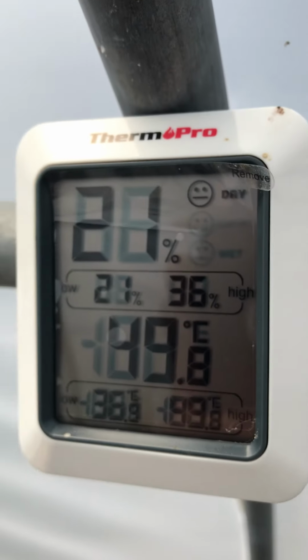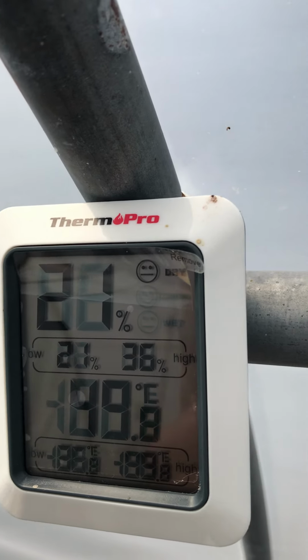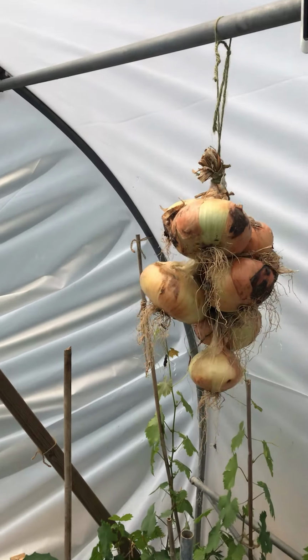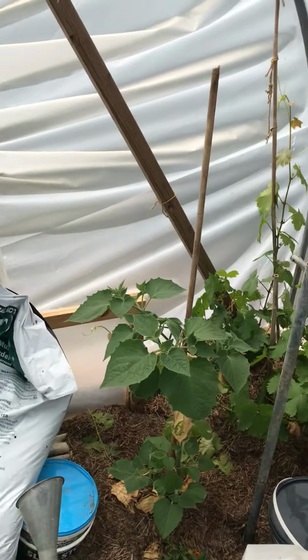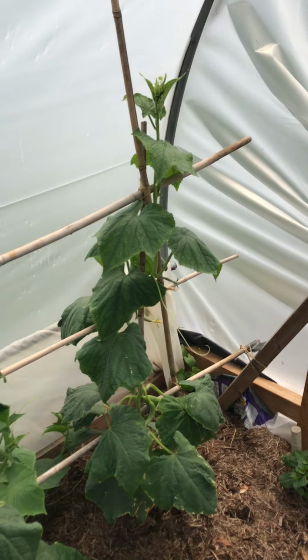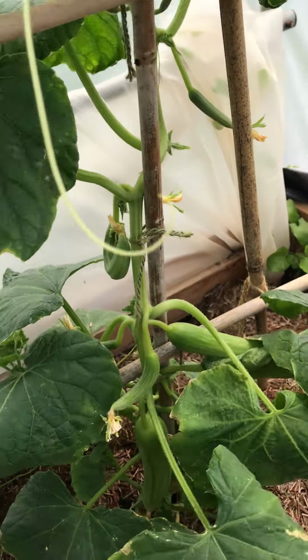I don't know if you can see that, but it says 49 degrees in here, and that's with the door open. So this is how it feels in Canada, inside the polytunnel here. I know that as soon as I walk in I start dripping. But we have got cucumbers coming there,